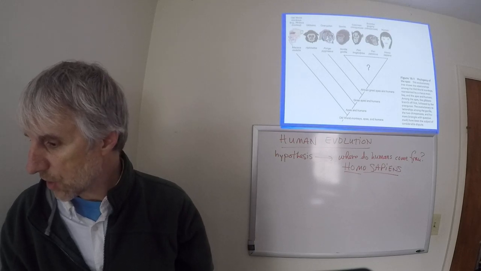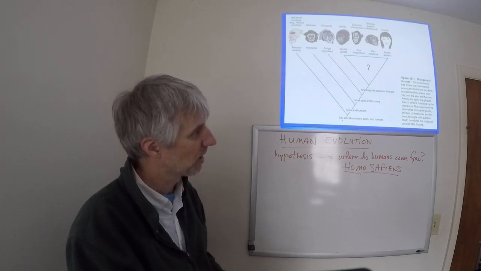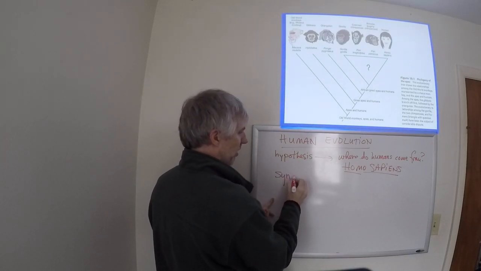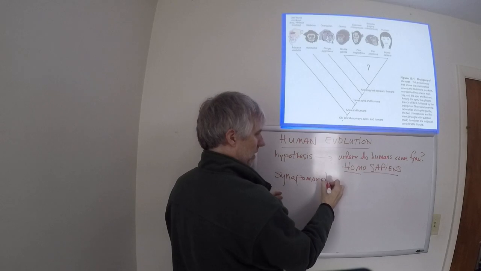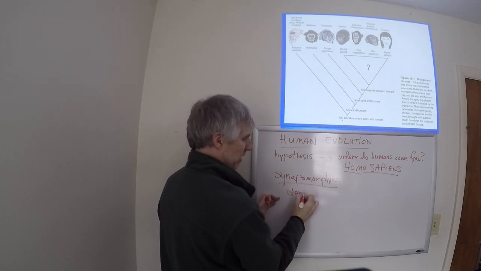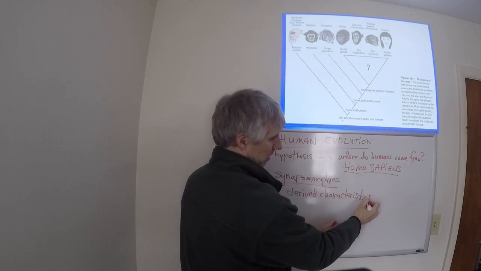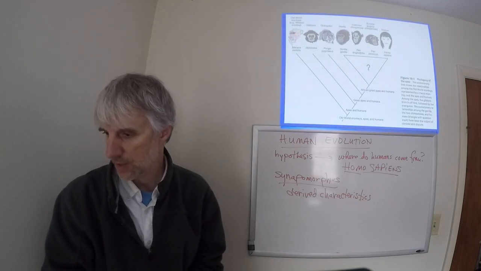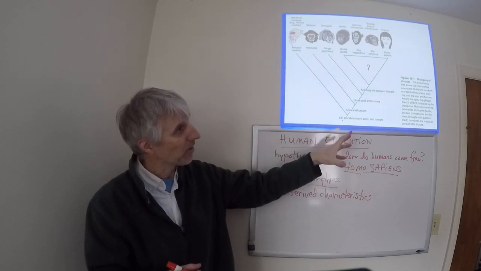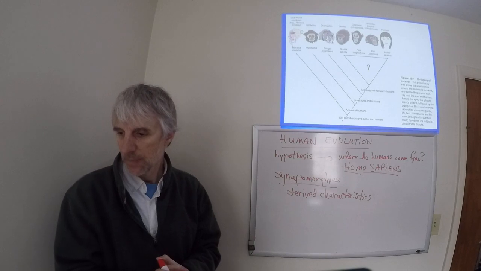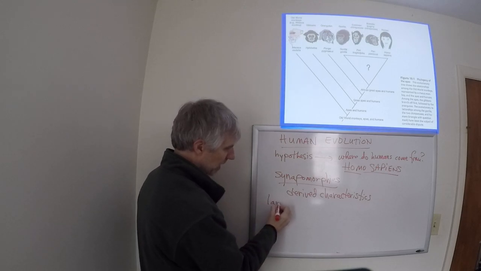Okay? Now, humans share a lot of characteristics with the apes. And these characteristics are derived characteristics. And these derived characteristics are referred to as synapomorphies. These characteristics would be traits that allowed this phylogenetic tree to be manufactured. So things that we share in common with these other apes include a large brain,